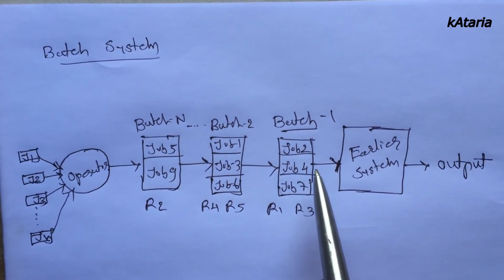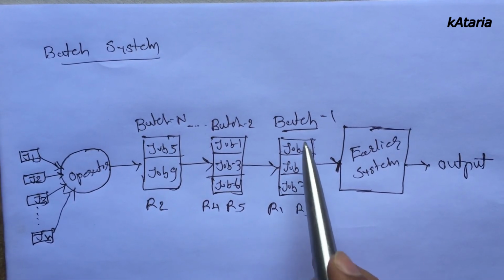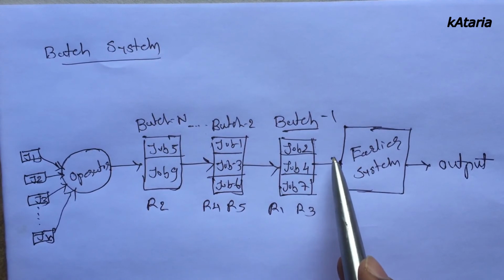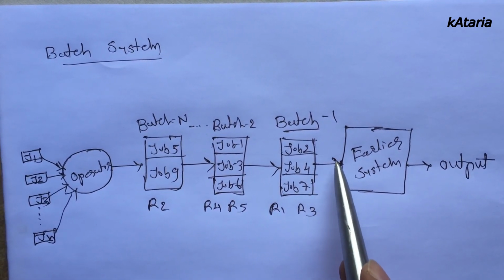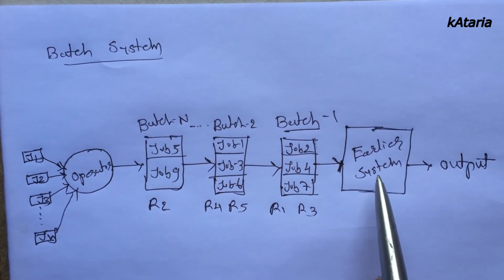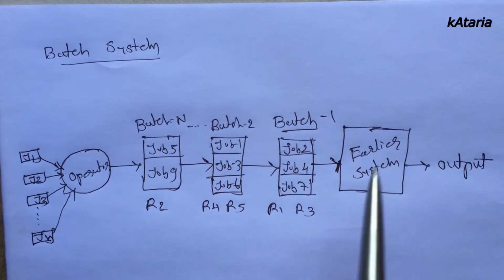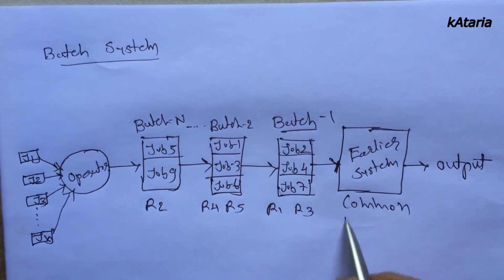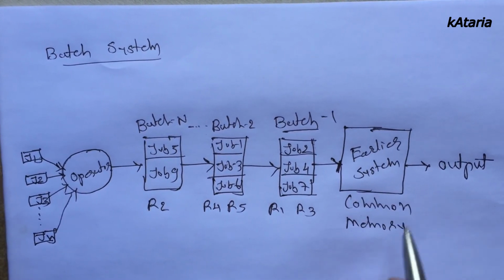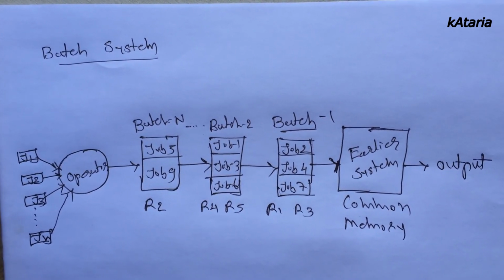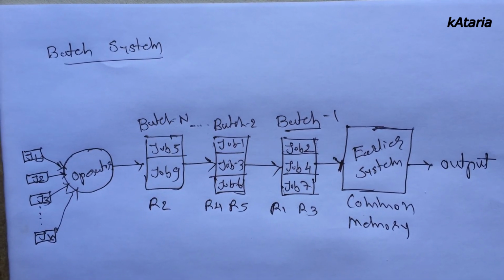Now, if we ask whether the batch processing system is efficient? No, there are also some limitations, because whenever we load the entire batch, it again takes some amount of time during load and unload, because here, same as the earlier system, common memory is used again. There is no separation of primary memory and secondary memory, so everything we have to adjust into the common memory. So that is one limitation.